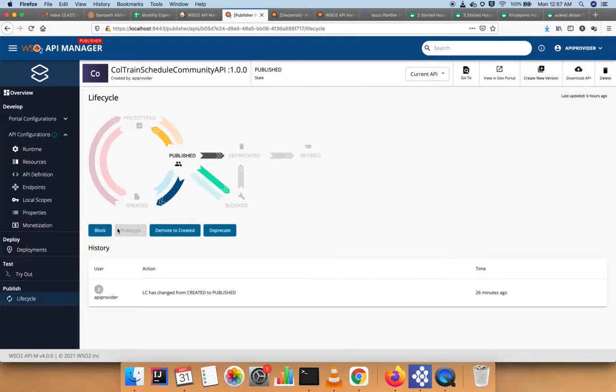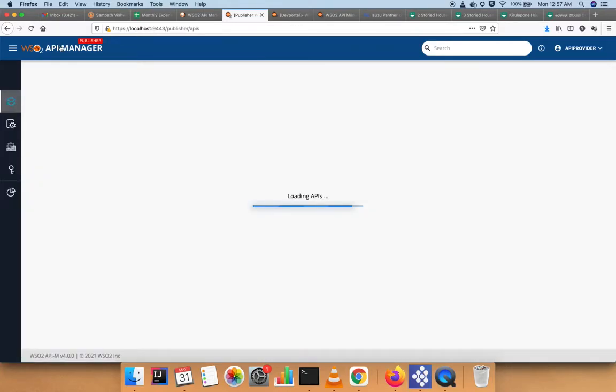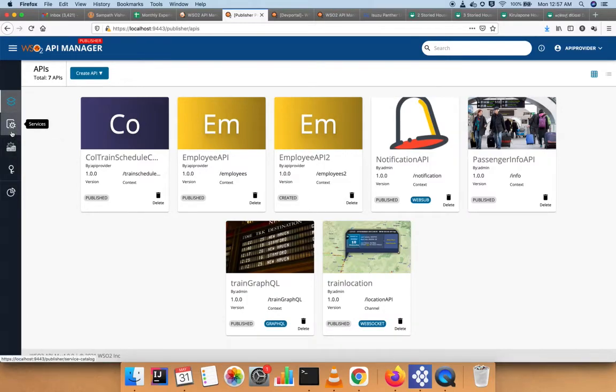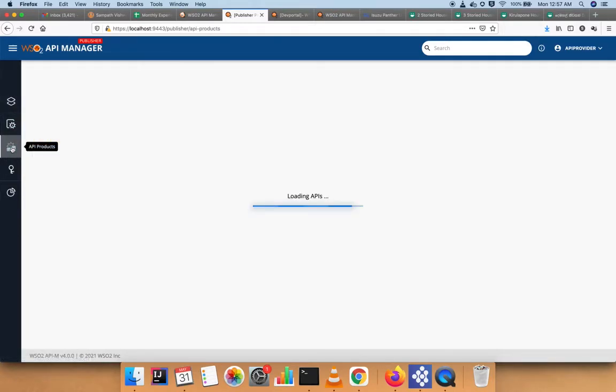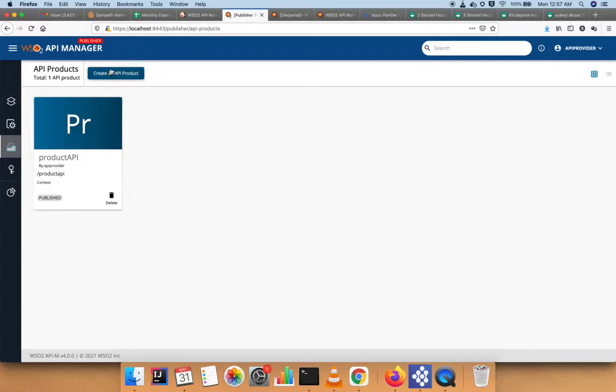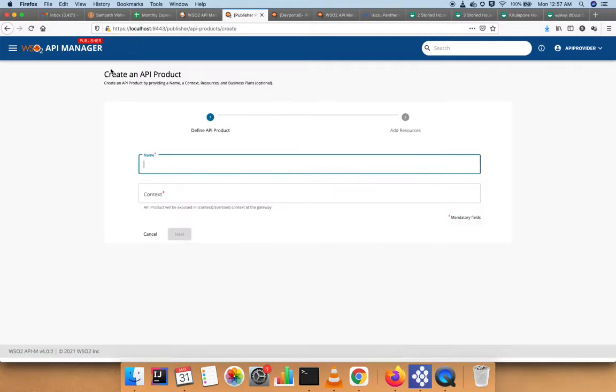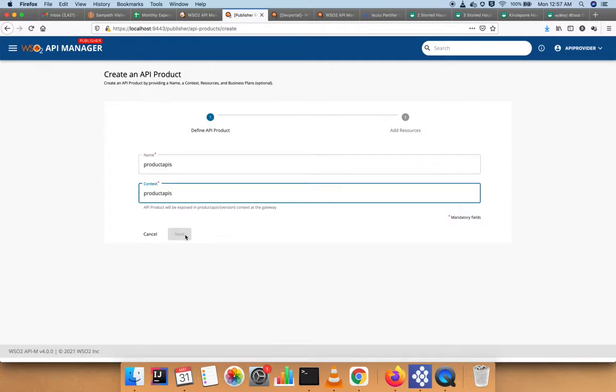Now I am going to move to the API product flow. Here you can see API product. This is again discussed under A2, create API product. So I'll start with the product APIs.